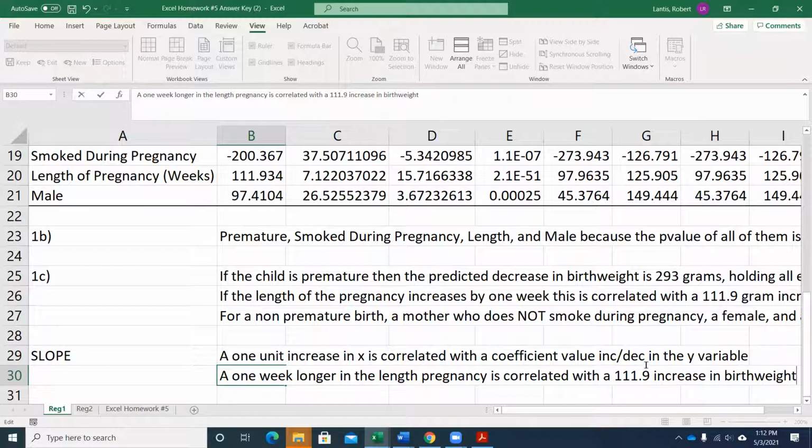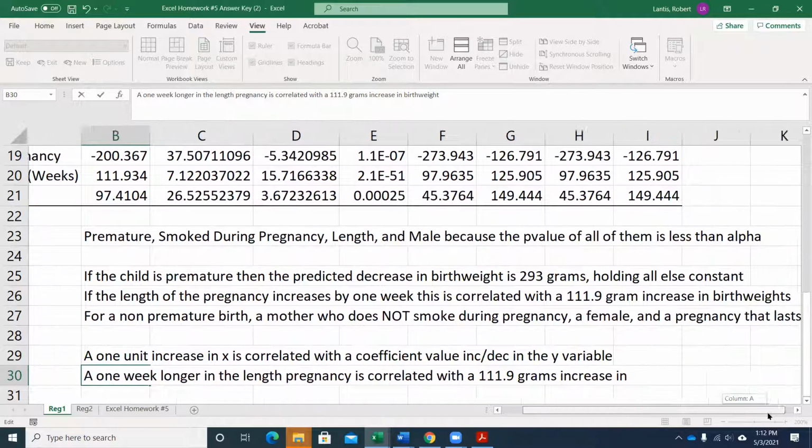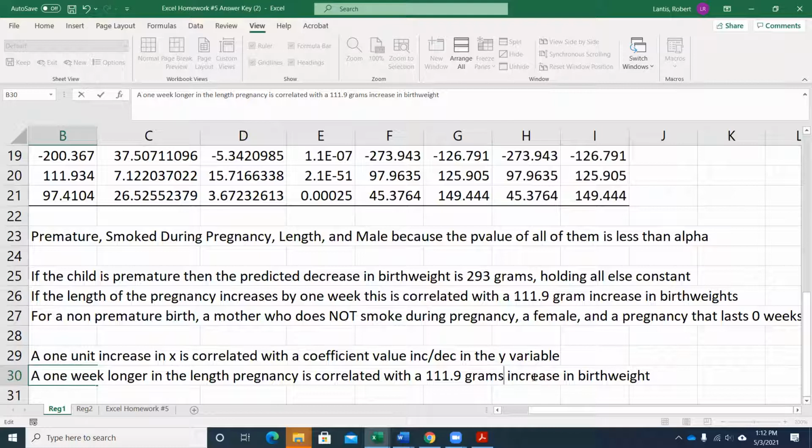And also here, we really should say, 111 what? Well, our birth weight, if we go back to the original data, is measured in grams, so a 111.9 gram increase